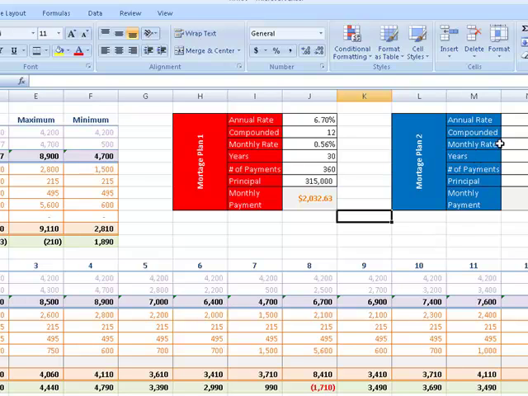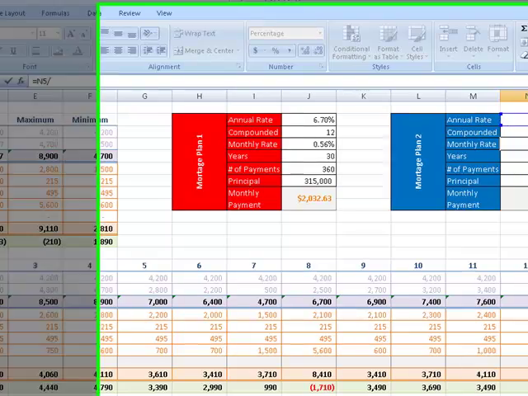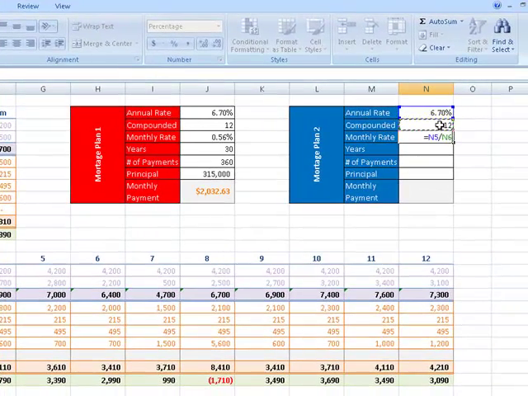We're going to repeat this process for another loan here. This particular loan is also 6.7%. And this one's going to also be compounded for 12. So once again, to get the monthly rate, we're going to take our annual and divide it by the number of payments. And the number of years on this particular loan is going to be 20. And so to figure out the number of payments, we're going to say 20 times 12. And this particular loan we're looking at is